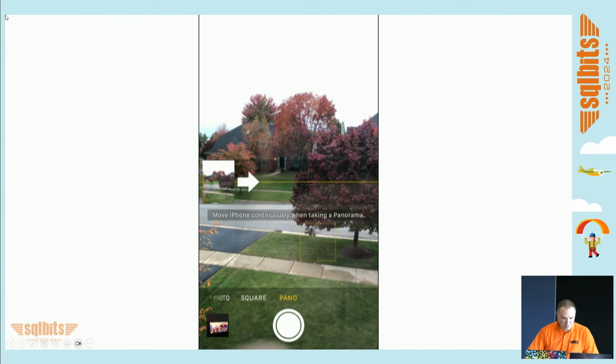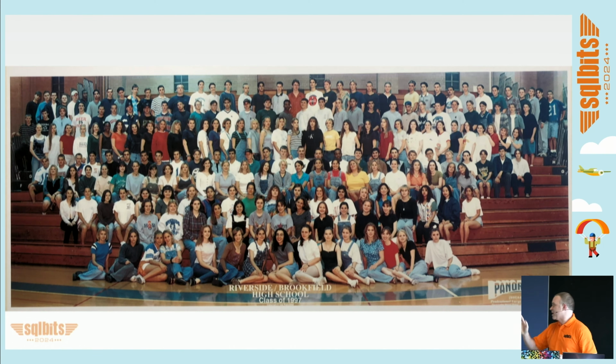Now, these were pretty popular when I was a kid. At least in the US, they would always take on graduation day, they'd get the whole school and the gym or the graduating class and take a nice big class photo with one of these swing lens cameras. In fact, I have one here from my high school, but it's a little before my time. Hang on, why isn't that moving? There we go. All right, so I'm not in this picture, but this is actually from my high school, and